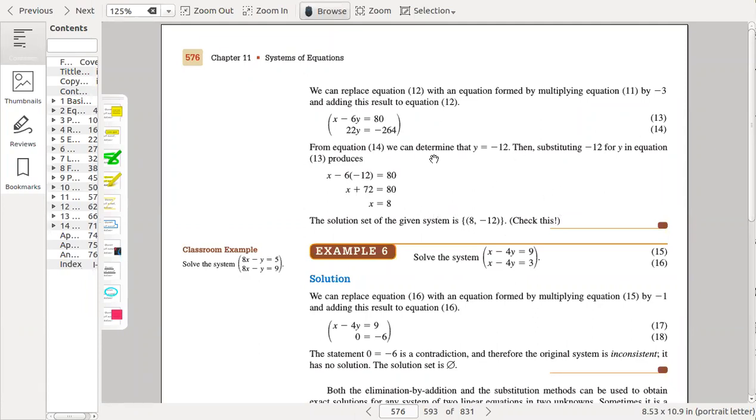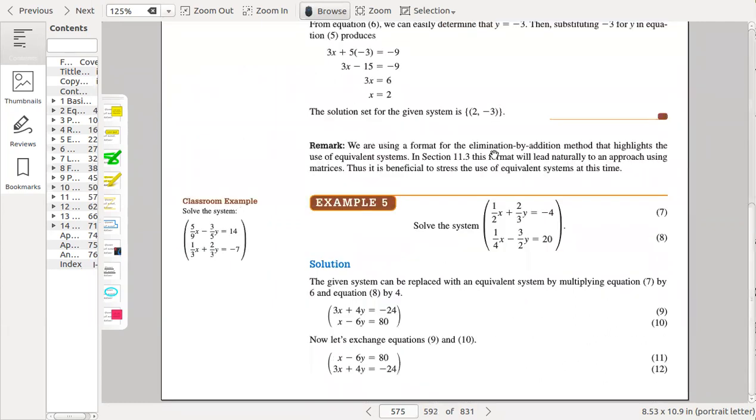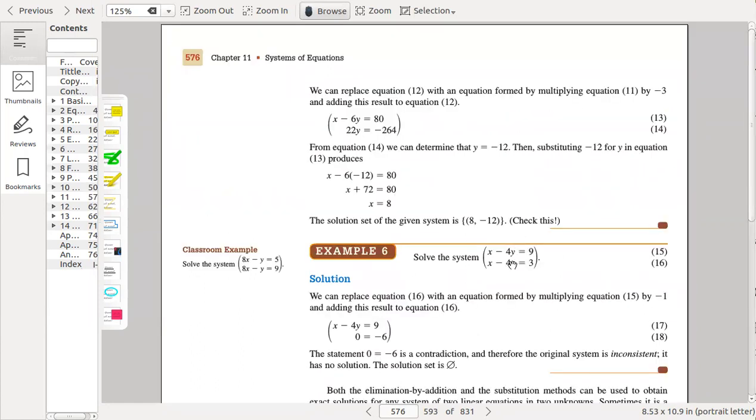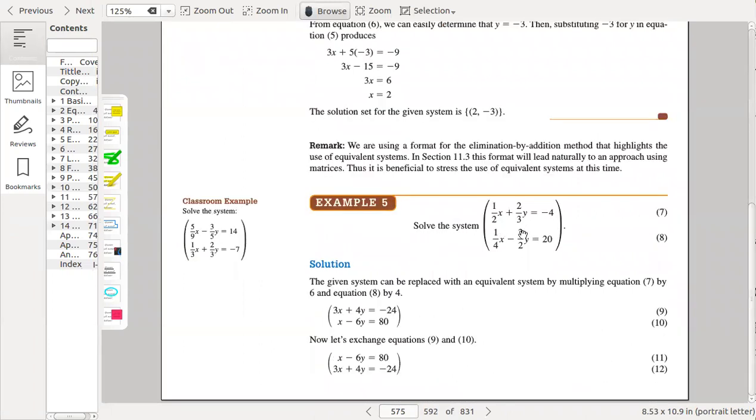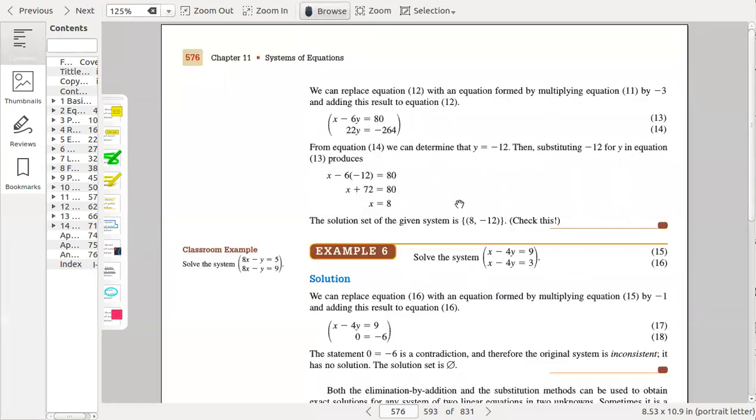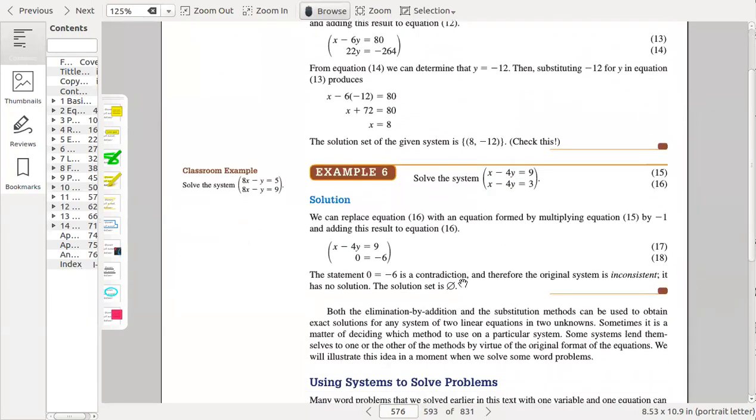So this can be checked to verify whether x is equal to 8 and y is equal to minus 12 satisfy the equation or not. So x is equal to 8, you will have here 4 and y is equal to minus 12. So you will have again minus 8 plus 4 equal to minus 4. So it means the equation is true, the solution is true. Similarly,